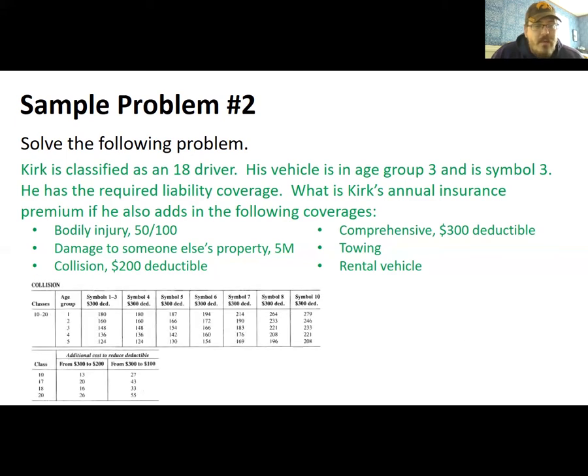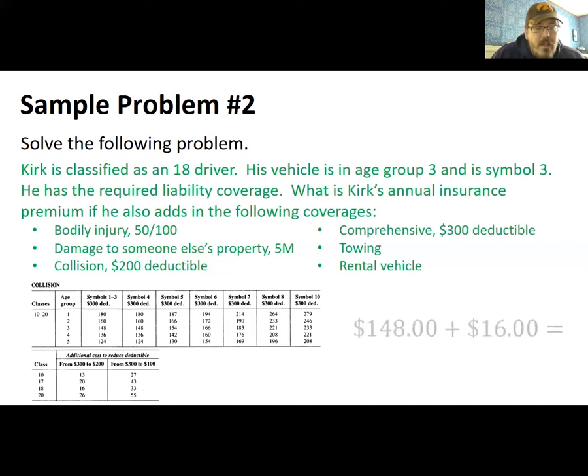Now, the next thing we're going to do is coverage for Kirk's vehicle. So those first couple of things dealt with the other people, especially if you cause the accident. So now we're going to look at the coverage for Kirk's vehicle. The first one is collision with a $200 deductible. So again, you need to know what kind of vehicle he's driving. So if it's age group 3 and symbol 3, it looks like for all classes, with a $300 deductible, it's